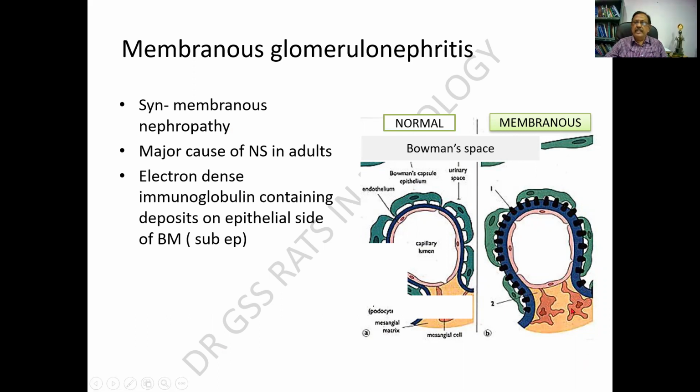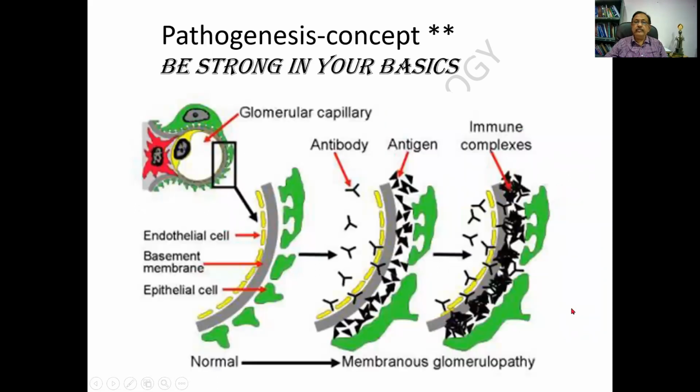And this is the mesangium incidentally. This is a very nice diagram. I would like you people to develop a concept. Again, a glomerulus with a capillary, the epithelium and the endothelium, this is the mesangium. A higher magnification of the same. The gray color is the basement membrane and the yellow color part of the endothelium. The green is the epithelium.